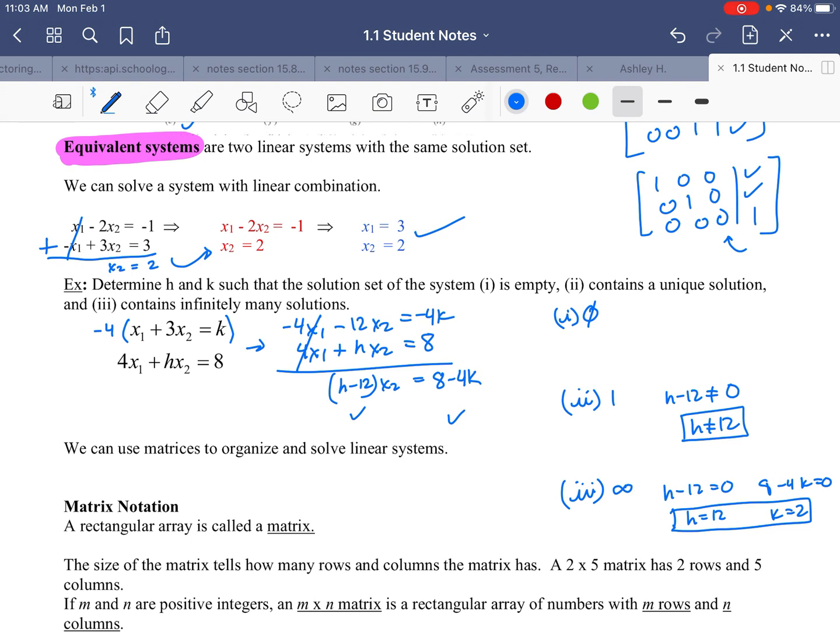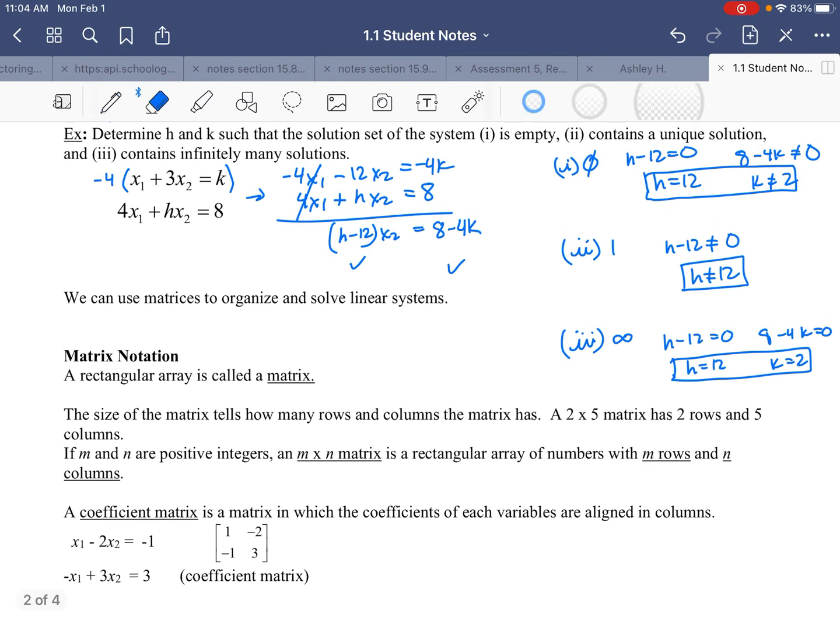And if there's going to be no solution at all, what would have to happen is that one of these items would have to be 0 and the other one cannot be 0. All right, so that would mean that h minus 12 would have to be 0. It would have to go away, and 8 minus 4k wouldn't go to 0. So 8 minus 4k would not be 0. So h would have to be 12 and k could not be 2. Sorry, I did those kind of backwards, but it just seemed more obvious to me to do it that way. All right,